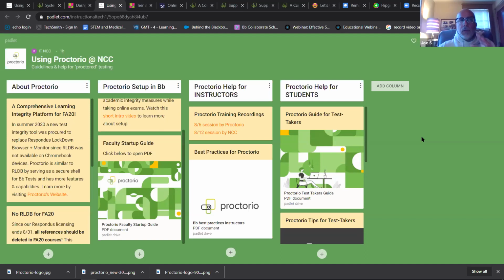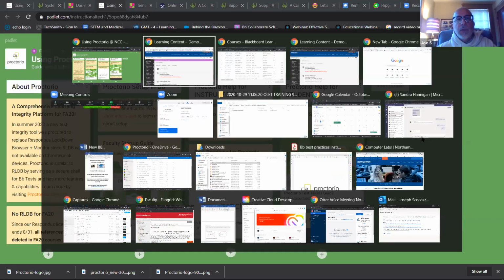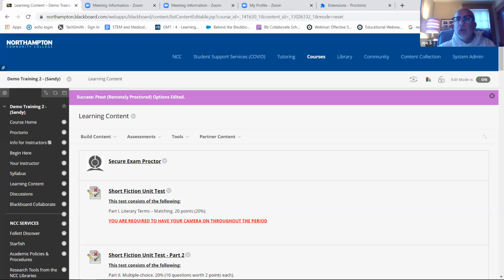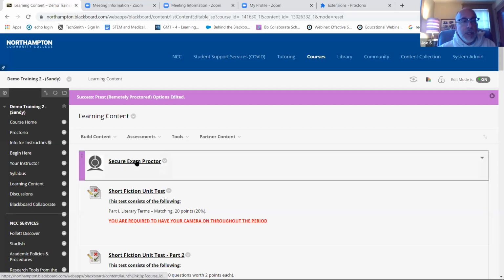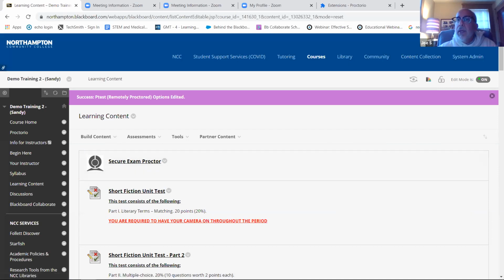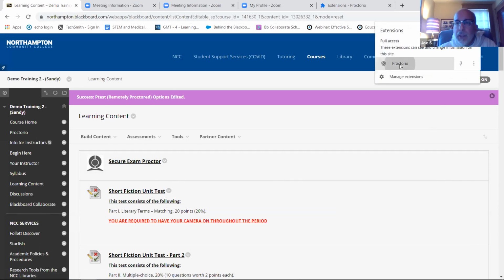So again, your benchmark is if this is only happening for some students and everybody else is able to get through okay, it is at the student level. So there you've got to be sure that they went through every step, including, remember how I had to sort of redo the secure exam proctor? They can click, you know what, they might not be able to see this anymore. They did an update where at one point the students were able to see this and they could click on it too, but I'm not sure they do anymore. But in any case, they can come here and click here.